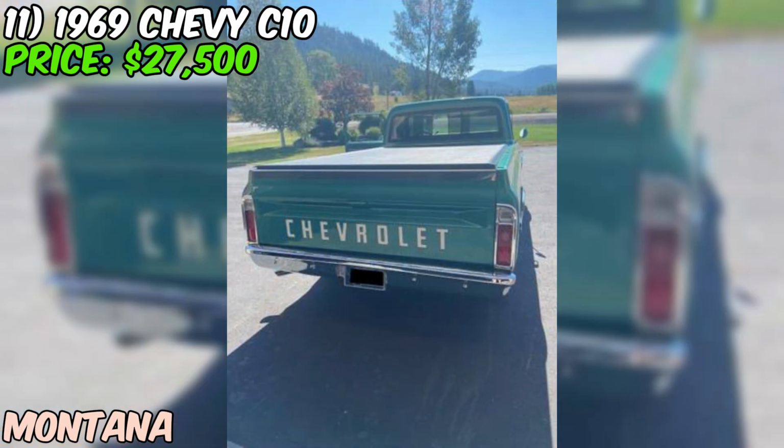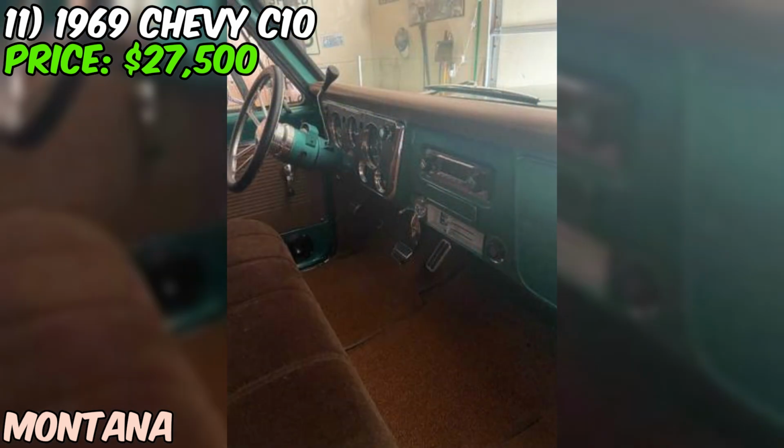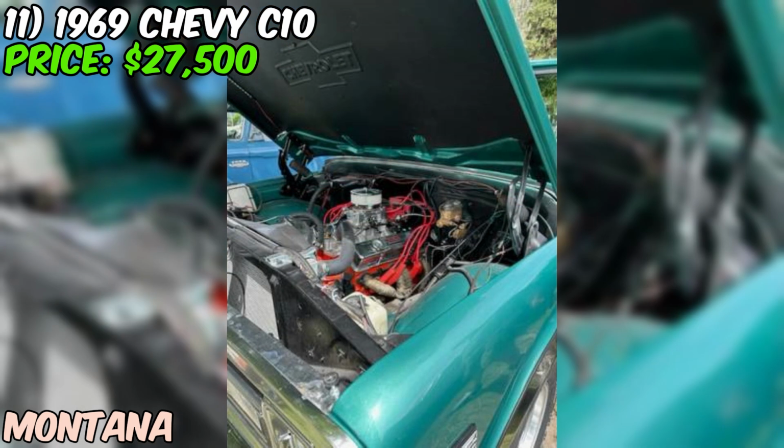But what really catches my eye is that bed. It's got an oak inlay with marine-grade paint and finish. That's the kind of detail that shows someone really cared about doing this build right. The green paint looks clean in a world full of black and red resto mods, and the whole package just screams quality. At $27,500, while it's not cheap, you're getting a thoroughly built truck with some serious performance upgrades and